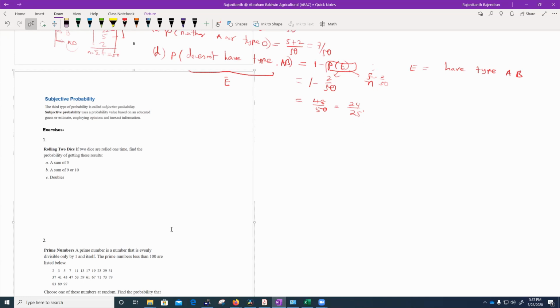The individual can find the probability. Those kinds of probabilities are called subjective probabilities. There are no formal calculations for that. It is purely based on their experience, so it differs from person to person. We are not going to go into detail about subjective probabilities in this